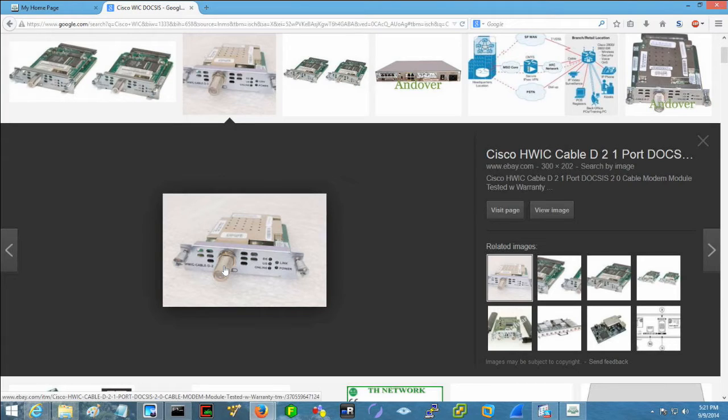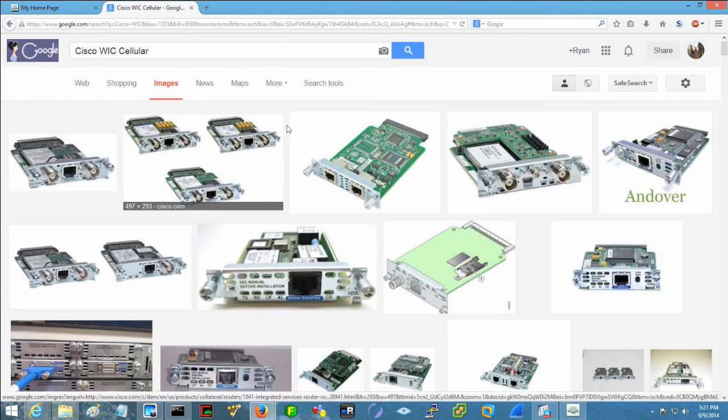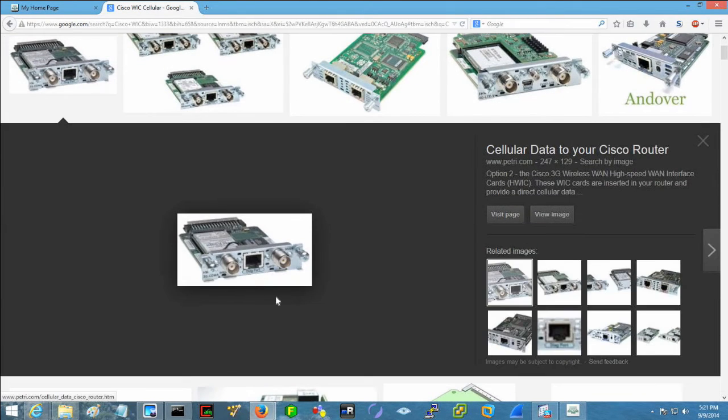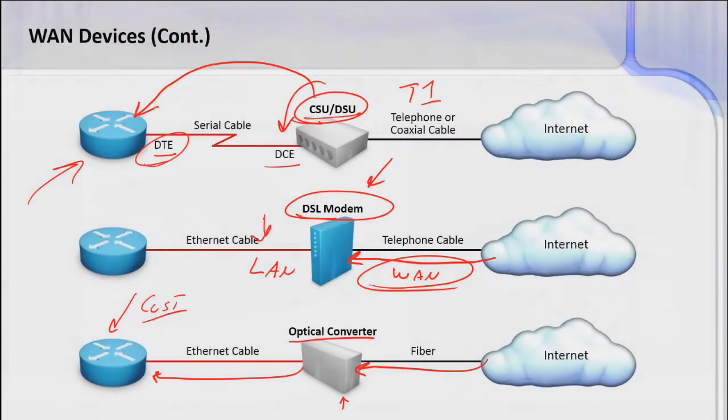And that is that the router can do what the switch can't. The switch handles only Ethernet and MAC addresses. The router can take these special interfaces and it can go out over coax. It can go out over DSL. It can go out over cellular. There are 4G WIC cards. That's one, and it's got antennas on either side. How's that? So if you want to get onto a 4G LTE network like Verizon, I could put one of these WICs into my router, so my backup configuration might go over 4G.